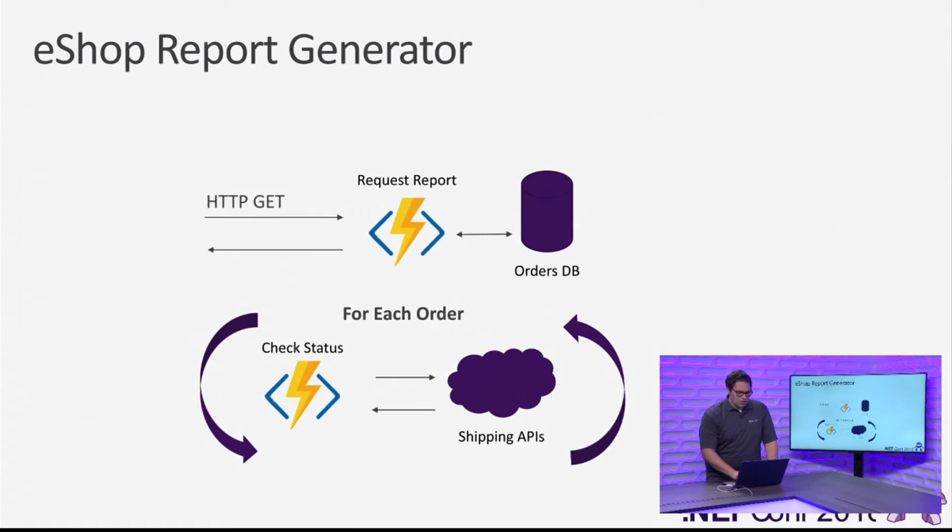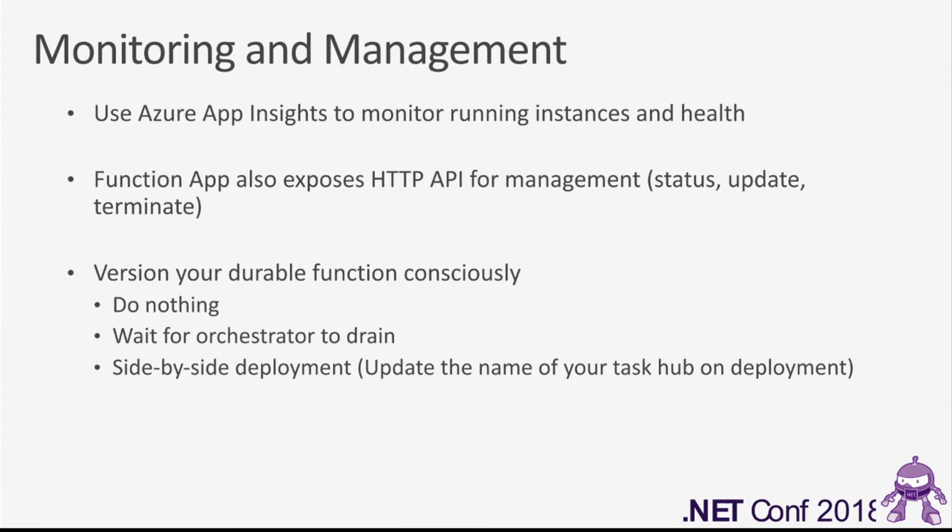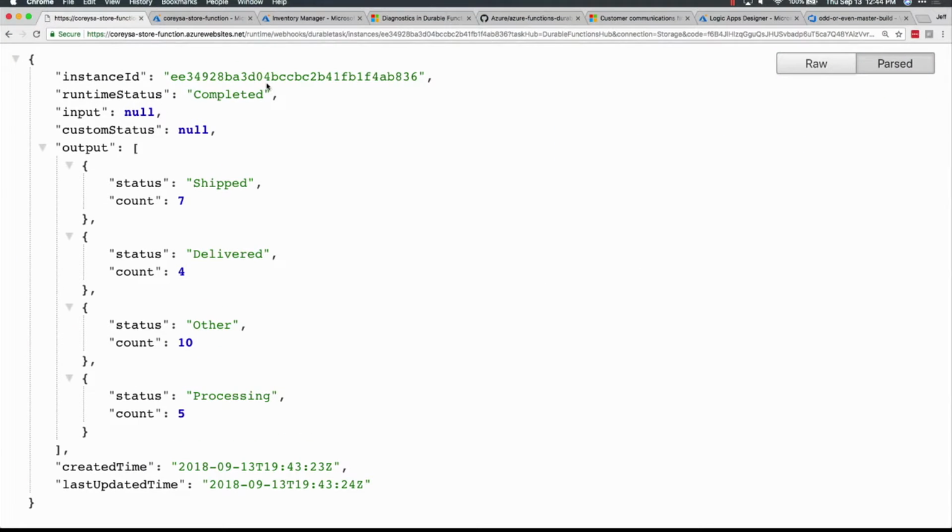All right, so let's show just a few more things really quickly. The last piece I want to touch on is, how do you monitor and manage these different durable orchestrations? I'm doing some complex stuff here. What if something goes wrong? How do I make sure that things are behaving how I want them to? The first one that I would recommend is to use Azure Application Insights. We actually prompt you to create this automatically on new function creates. And this is going to be a source that you can use to manage how your functions are behaving and how your instances are working. So I actually want to show you that here very quickly.